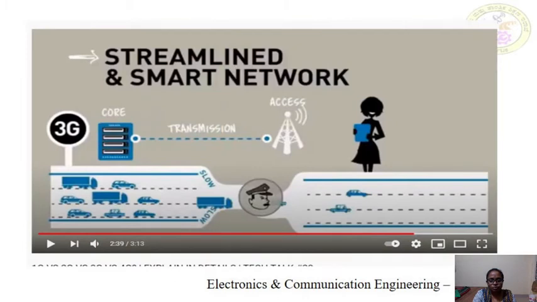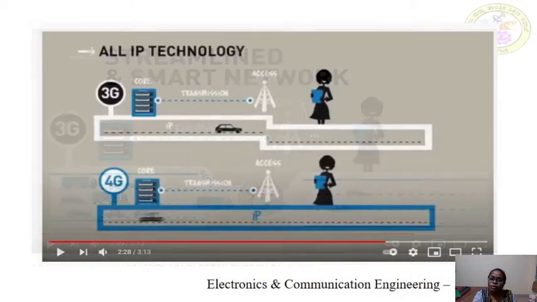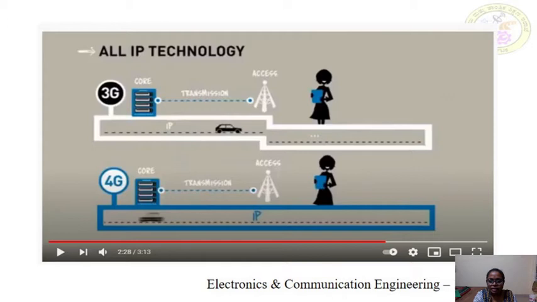Now we switch to the third generation. It is using code division multiplexing, where every message or voice or data has to be converted into coded form, and it is very slow during the transmission. So this problem is overcome by the next generation, that is 4G LTE, where